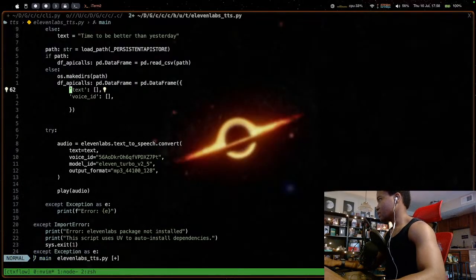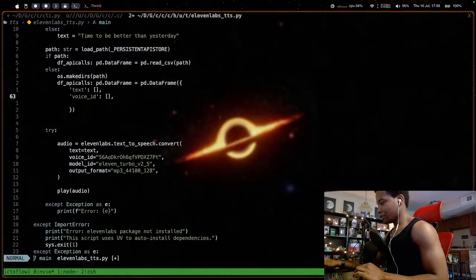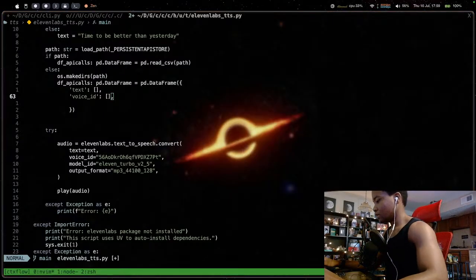Can I just initialize this with columns though? Don't they have like a, see the thing is, I need to bring up the docs. For some reason, it's not pulling up the documentation when I do go to definition, it's not importing it.